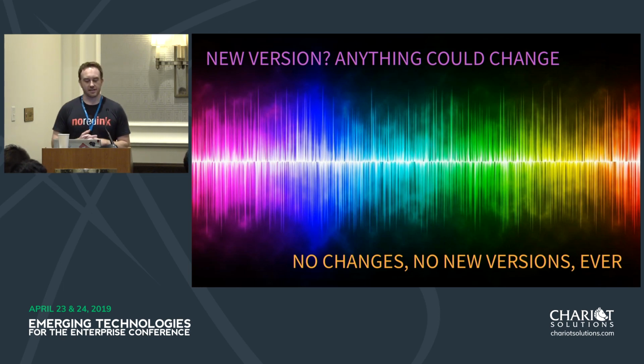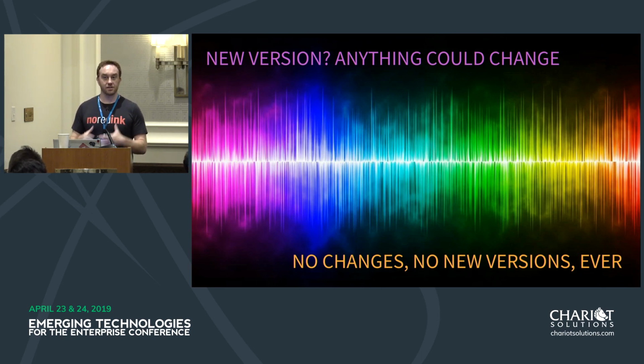So what's interesting about this is to think about these in terms of stability, right? Nothing in semver, or really any versioning system I've heard of, talks about stability in the Knuth sense, like any kind of promise about what's going to happen in the future. At one end of the spectrum, you have: okay, there's a new version, anything could change, and best case scenario, I'm going to bump the major version number if stuff changed in a breaking way. And at the opposite end of the spectrum, you have Knuth saying no changes, no new